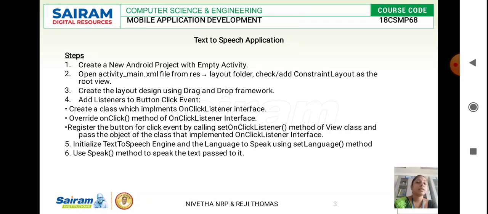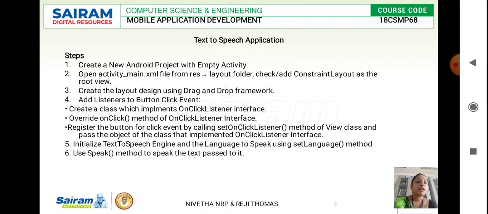In that, the first step is to create a class. For implementing this, we are going to create a class to implement the OnClickListener interface, and next override the onClick method of the OnClickListener interface. Since the input varies, you give an override onClick, so each and every time when you click a button, the button may vary. One time you may give a different button, and the other time you go with another button. To initialize that we give this.